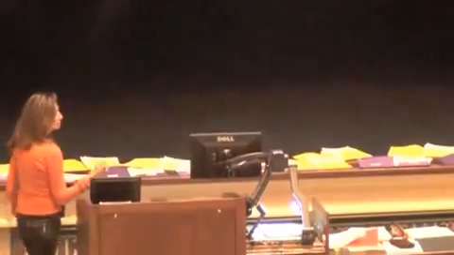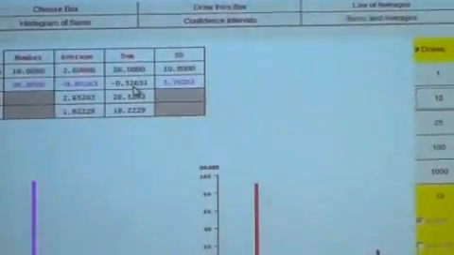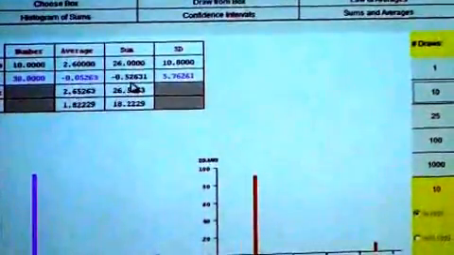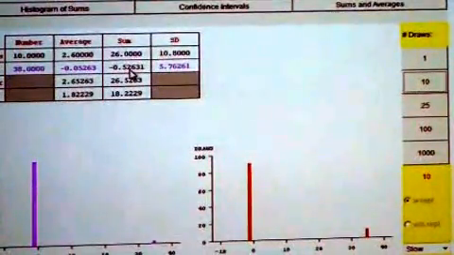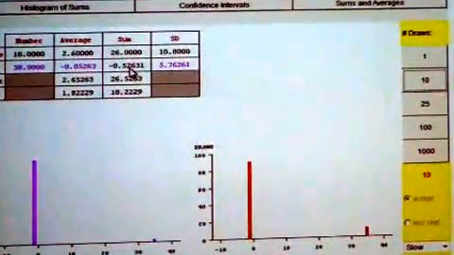All right. Now if we wanted to figure this out mathematically, this is an easy one because it was only 10 times. So 10 times the average of the box. The average of the box is negative a nickel. Multiply that by 10 and you get negative 50 cents, basically. So we'd expect to lose 50 cents. But there's a big variation.